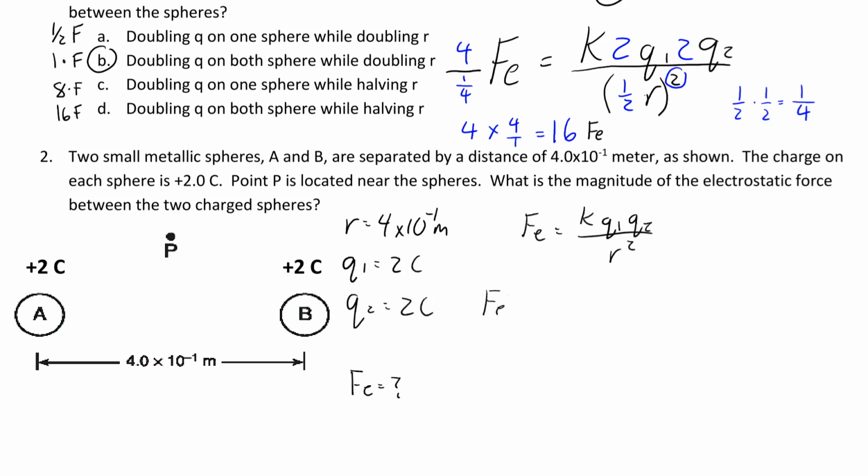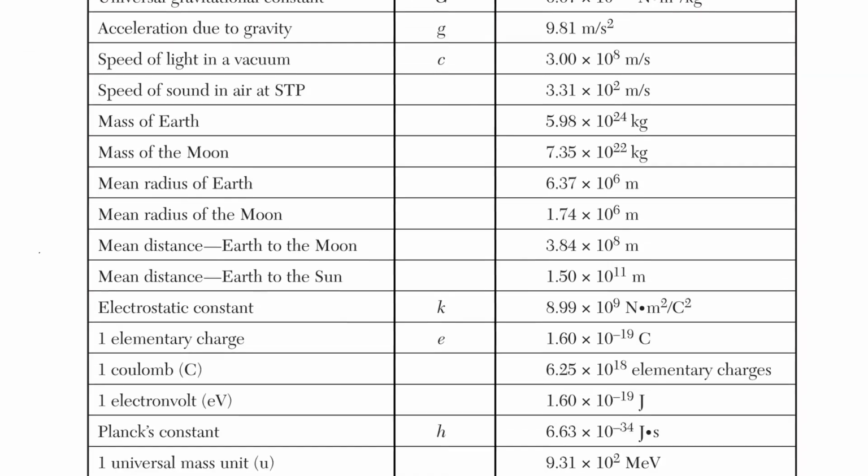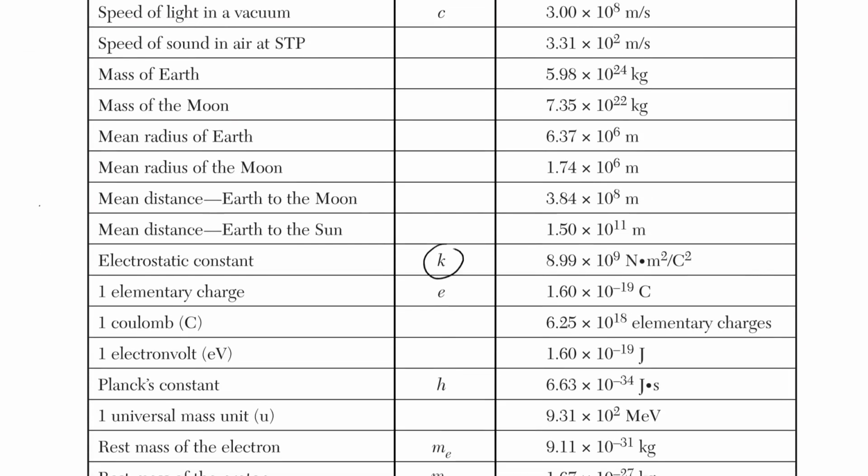So you've got Fe is equal to, and you run into your first roadblock. What the heck is K? You look in your reference table. So you look down the symbol column for a lowercase k. Boom, there it is. K is right here. It's the electrostatic constant, which has a magnitude of 8.99 times 10 to the 9 newton times meter squared per